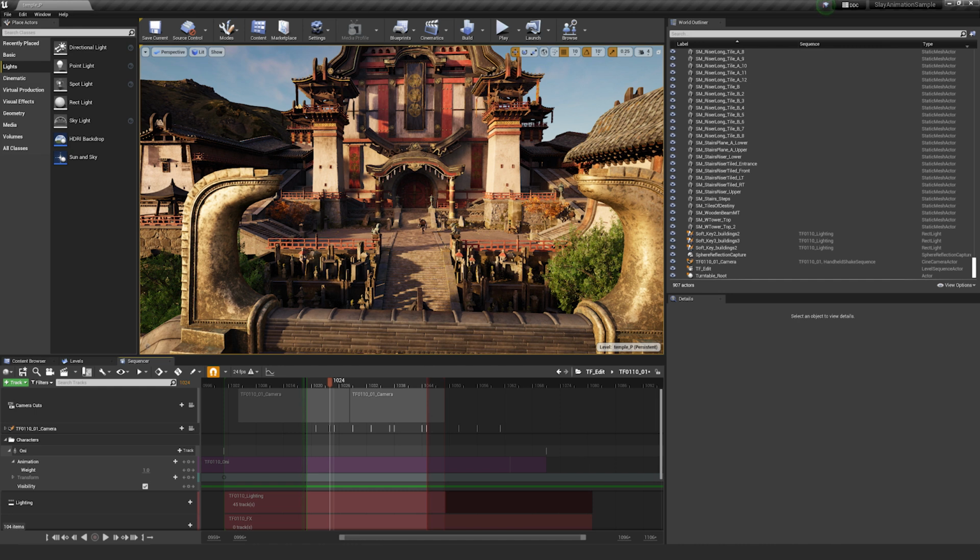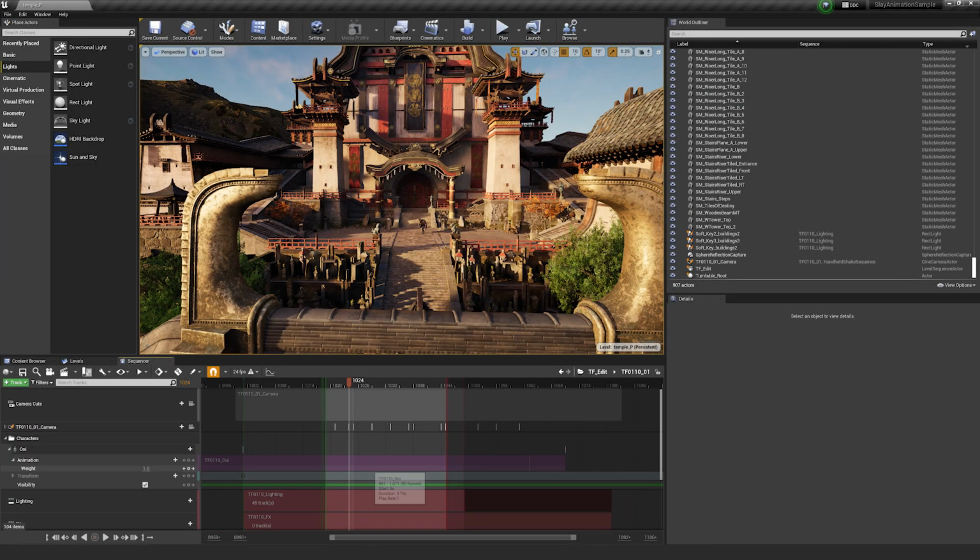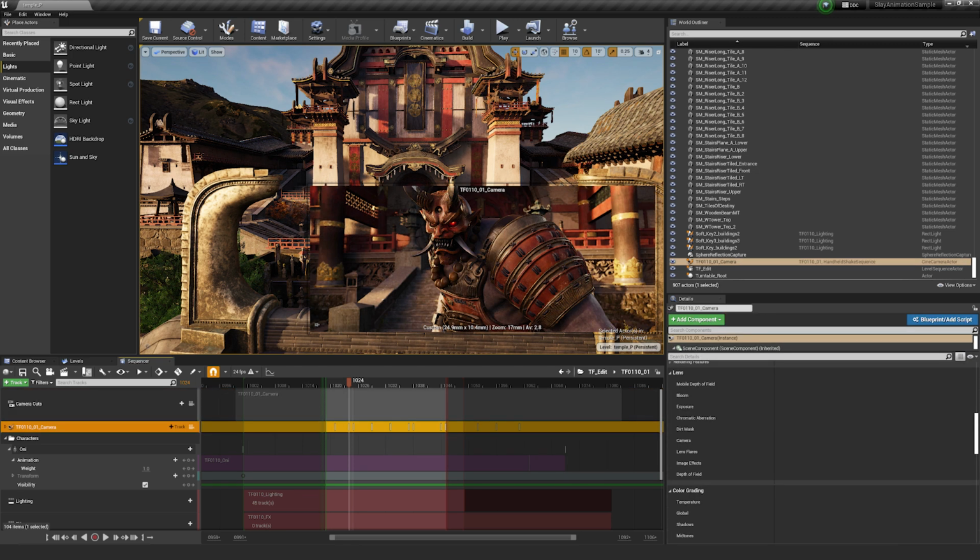But because of how Slay was created, every camera cut was effectively its own shot. This camera here was spawned in, as you can see with the little lightning bolt, and is only set for this shot in particular.